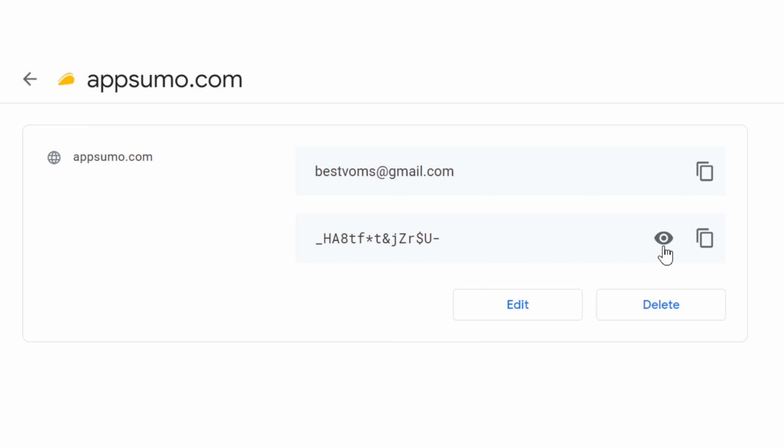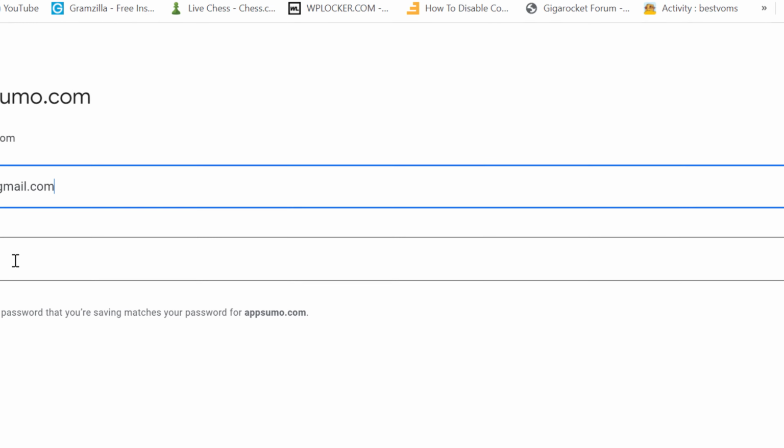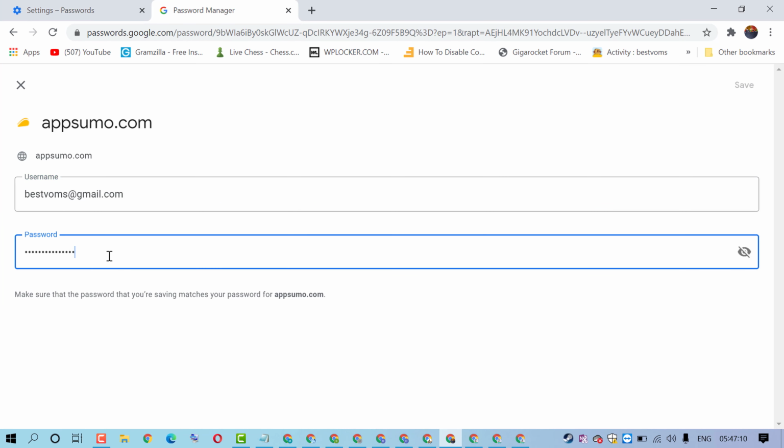So if you want to view, just click on this eye icon, and if you want to edit, click here and edit the password from here. Then click on save.